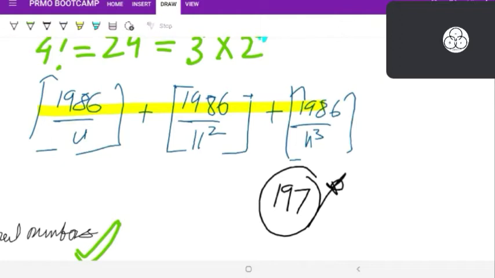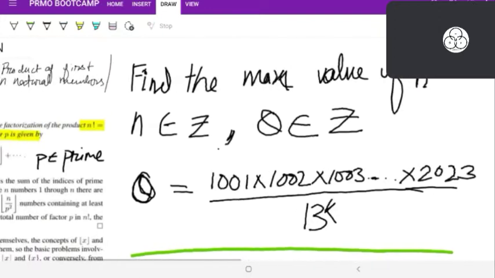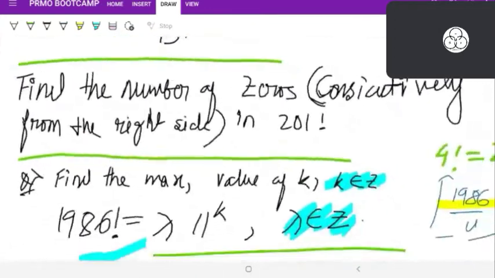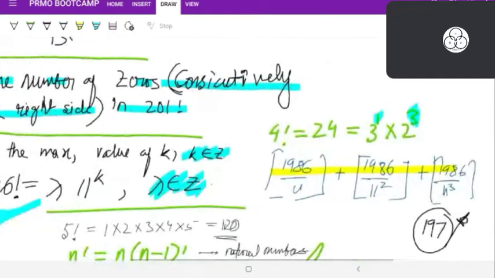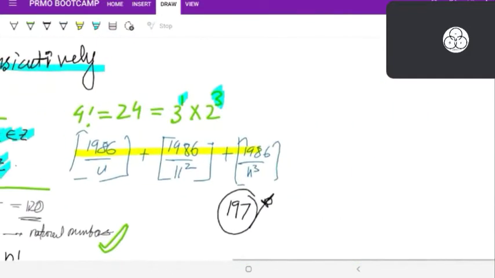Now let's try to solve a similar kind of problem for a number which is not prime. This question is written here. Find the number of zeros consecutively from the right side in 201 factorial. Very simple question. What do I mean by consecutively from the right side? Just say for example,